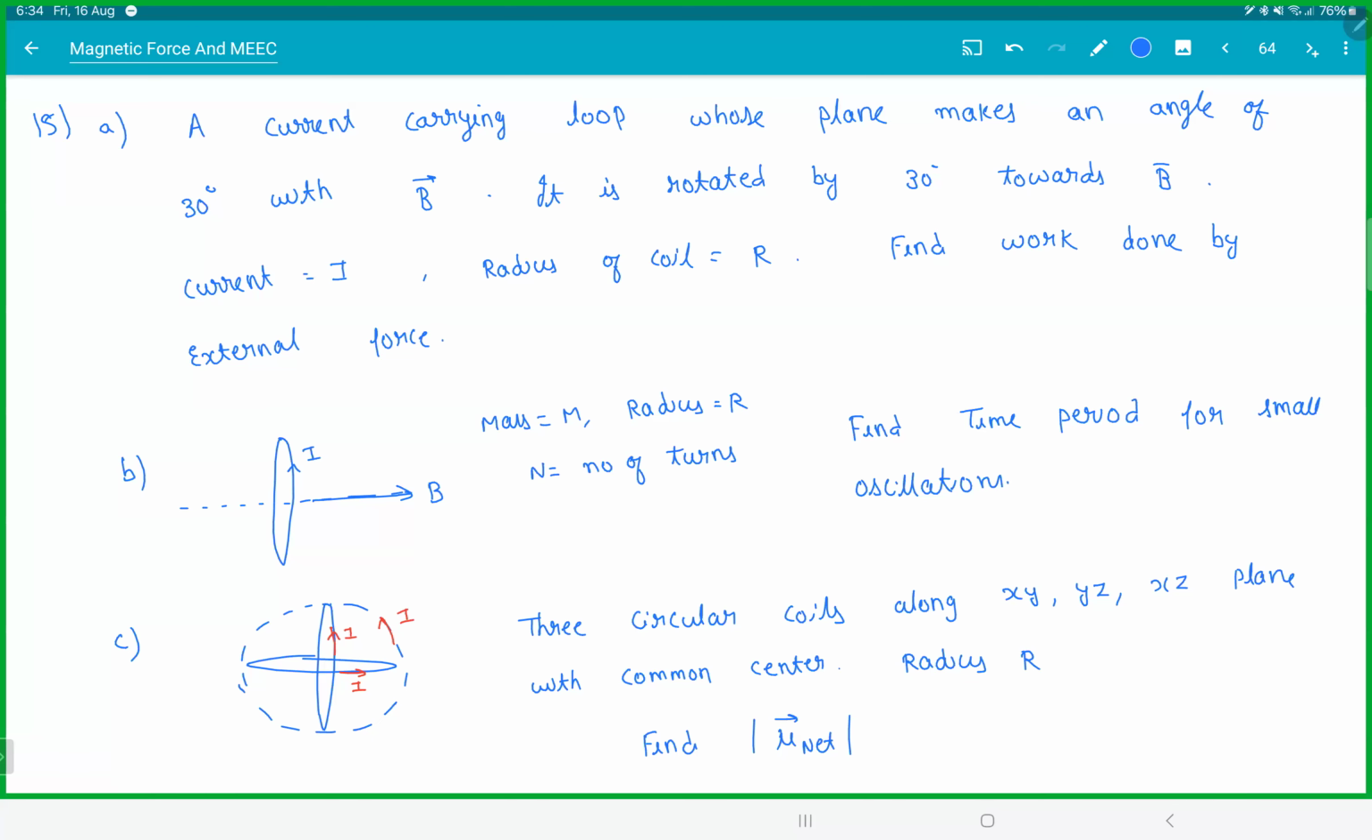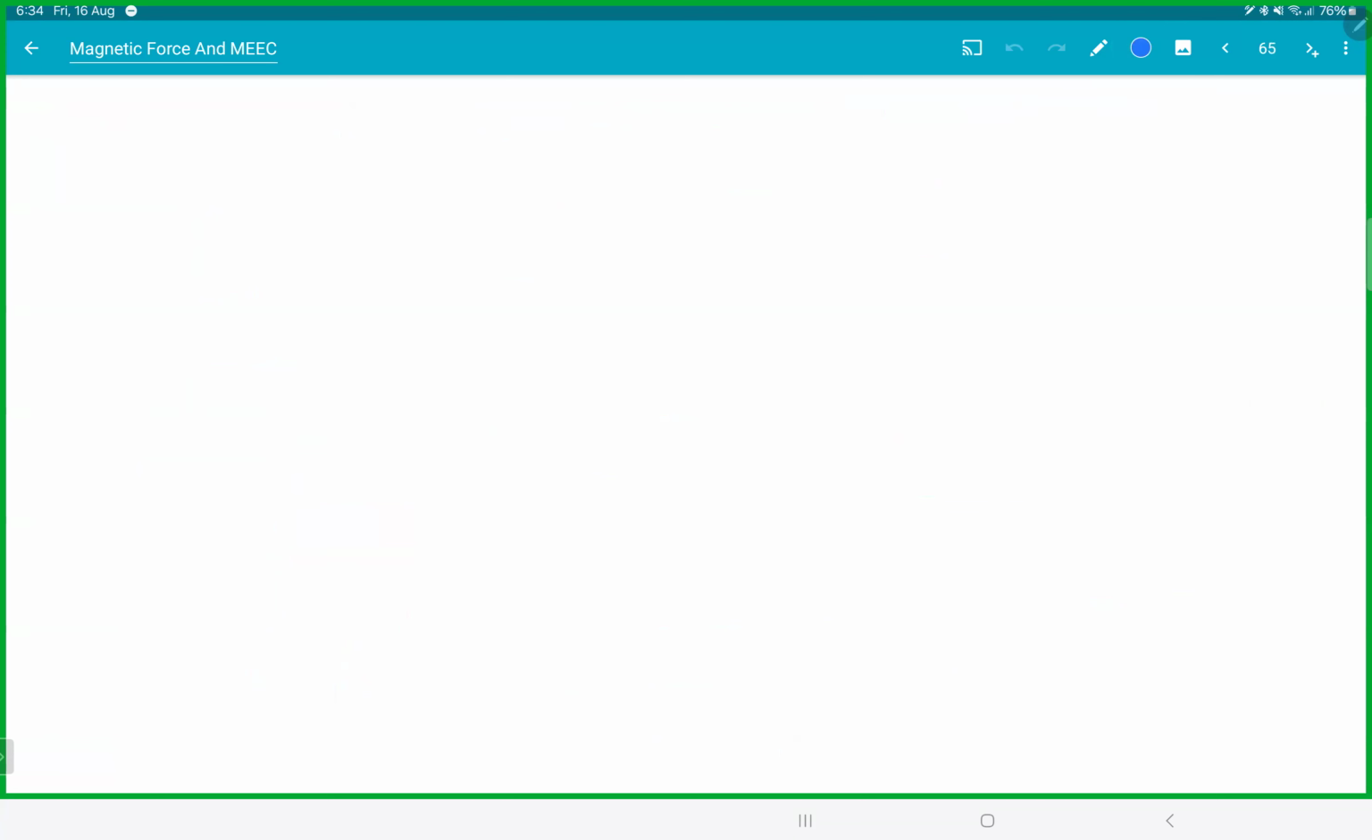I r square B by 2. Okay. Be careful with the word. This word is a trap. The plane makes an angle. Area vector makes an angle. Completely two different words. So what he's saying in the first thing, the plane makes an angle of 30